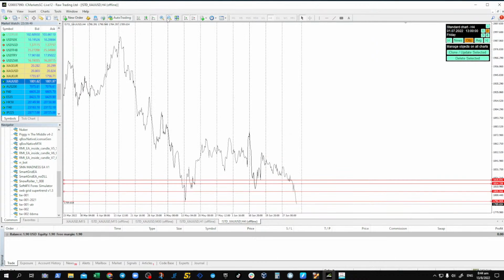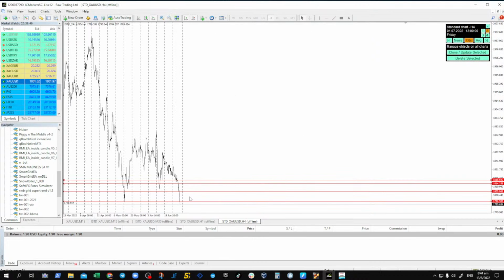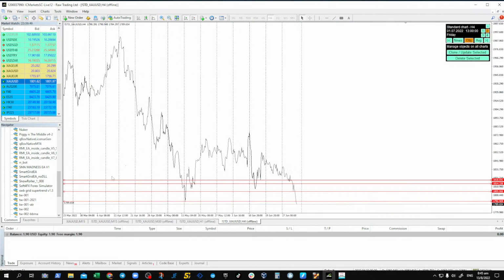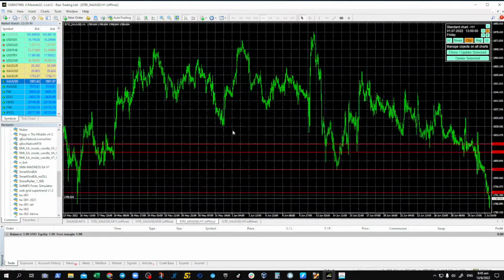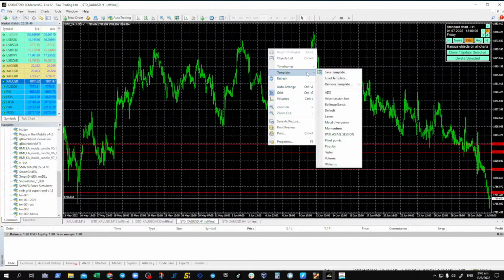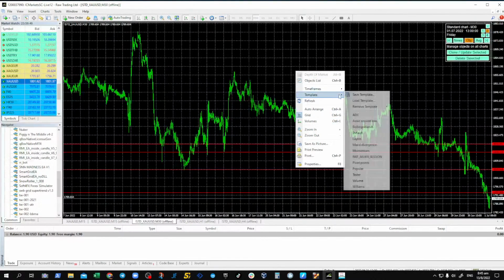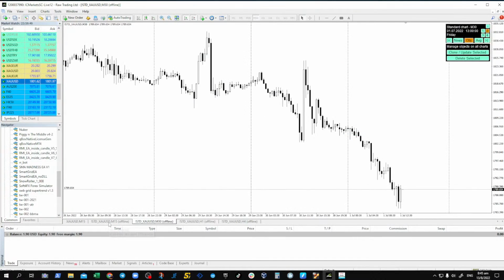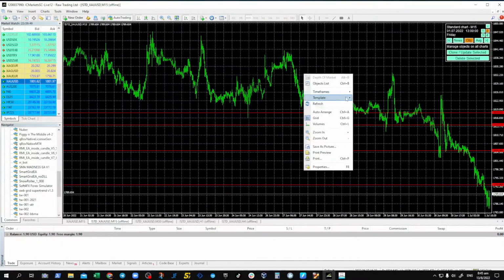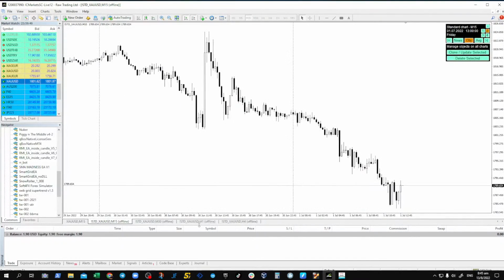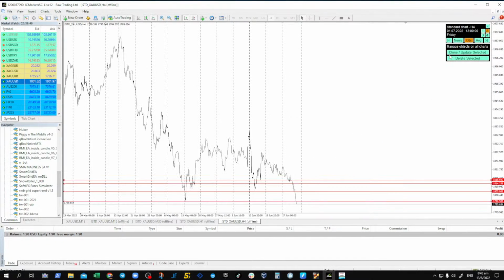Then we need to find the lower SNR level, which we can't see over here because I think it's way too far back. So basically this is our SNR level. We clone it to the H1 chart. Hold on, I need to change the template because it's very dark. It doesn't turn out very well on YouTube and on video. So I go back here and clone the